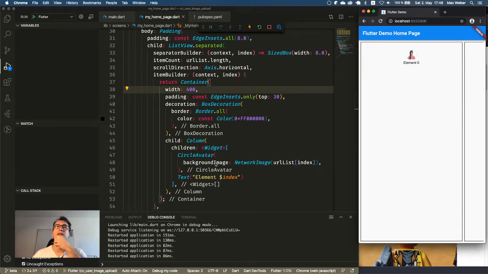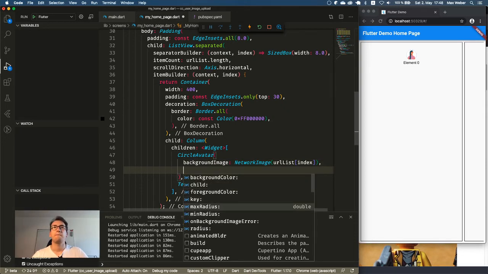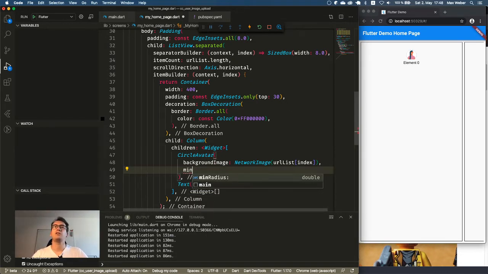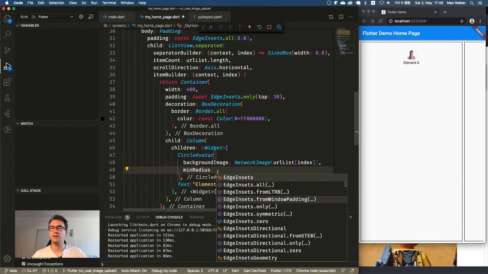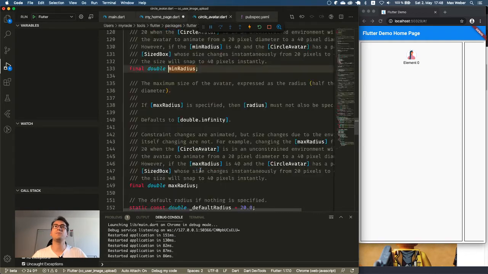Now let's make that circle avatar a bit bigger. We have here the min radius and the max radius. Do we have anything else? Yeah, the radius. I think I will change the min radius for now. And we can just give it a double. For me, it was always a bit difficult to understand when I have to give a double, when I have to give a radius inside and so on. It takes a while to get used to it, but you can jump inside.